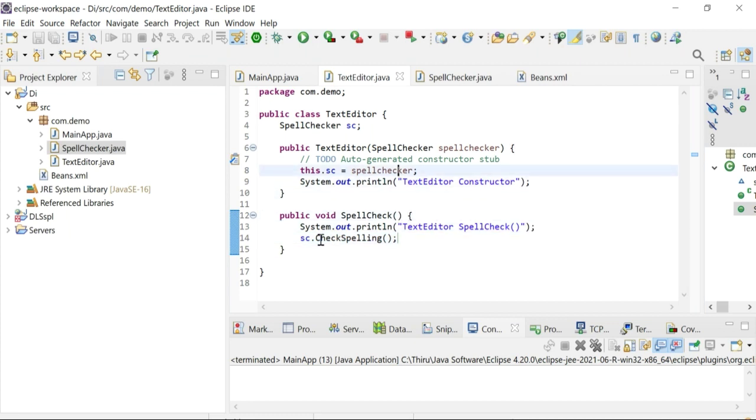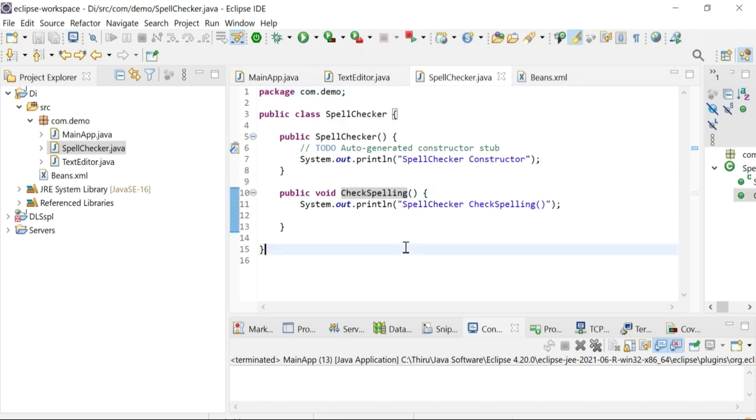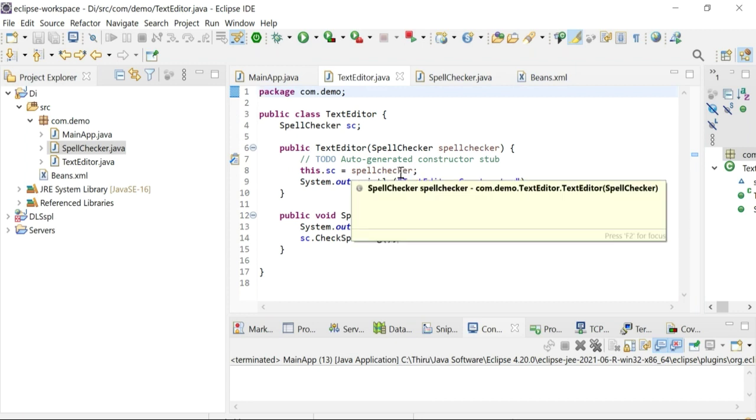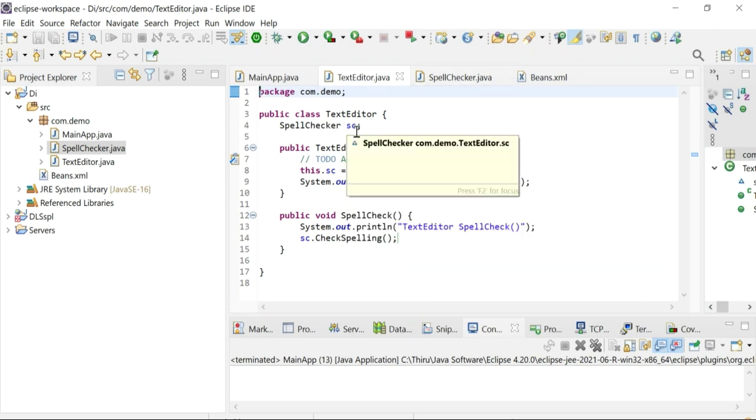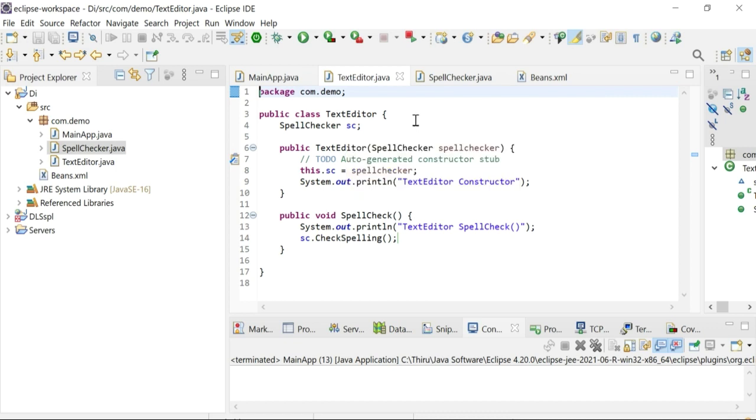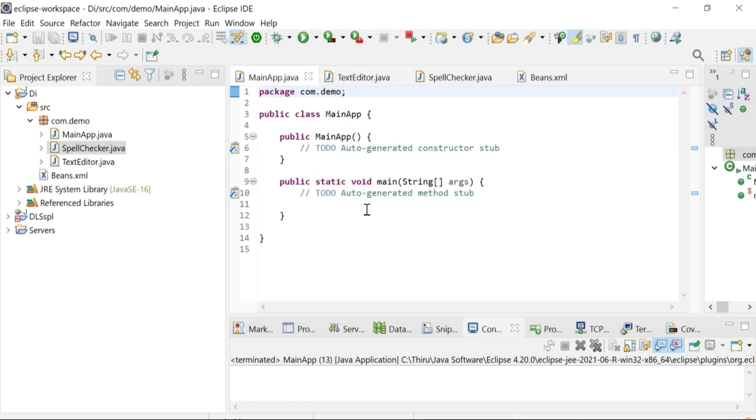Alright, so that's done with the text editor and spell checker classes. And then we move on to main app.